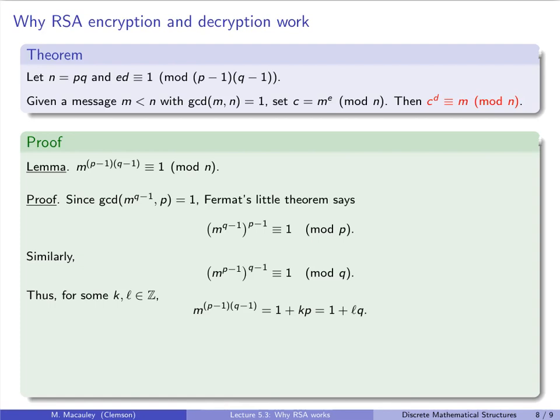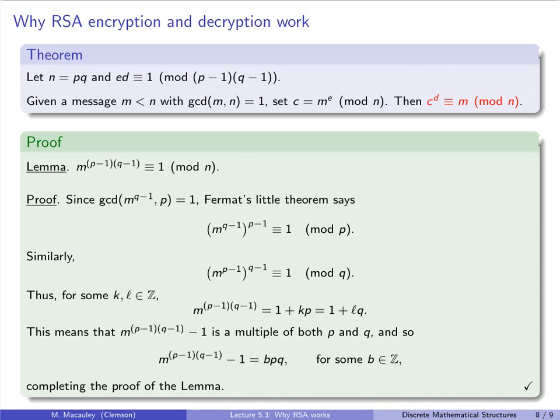So now, look at this equation and subtract 1 from all three sides. So if we subtract 1 from all three sides, we get m to the (p minus 1)(q minus 1) minus 1, and then the 1's cancel. And we get that m to the (p minus 1)(q minus 1) minus 1 is a multiple of p and a multiple of q, because it's equal to k times p and it's equal to l times q. And that means that m to the (p minus 1)(q minus 1) minus 1 is some integer b times